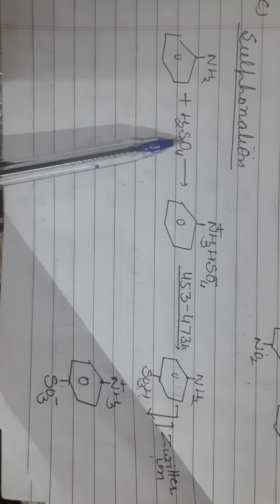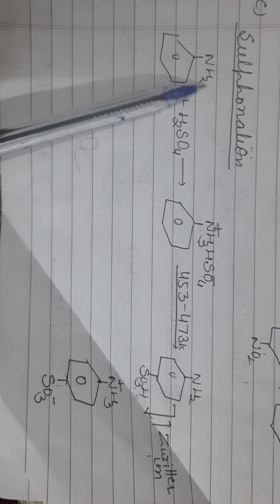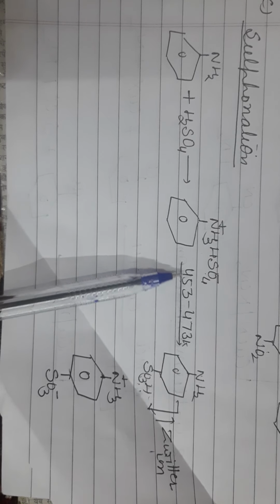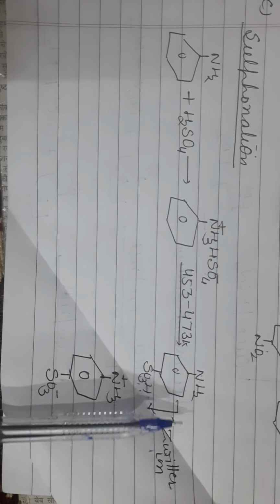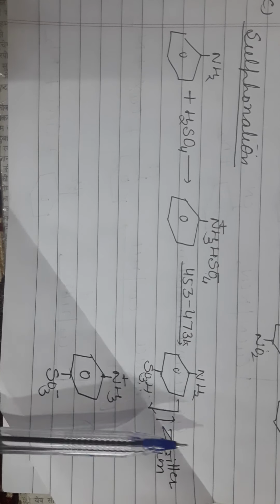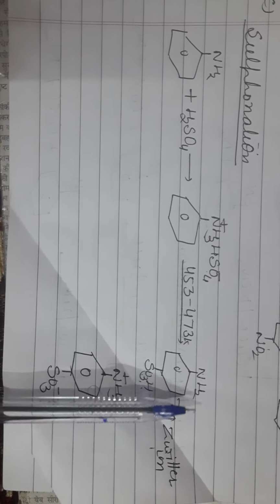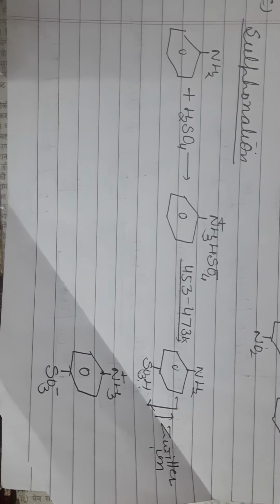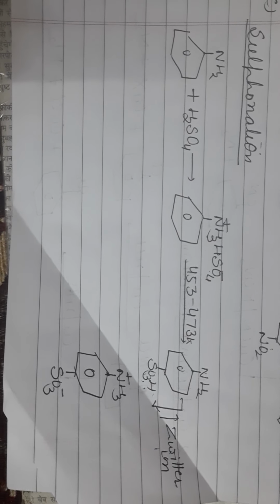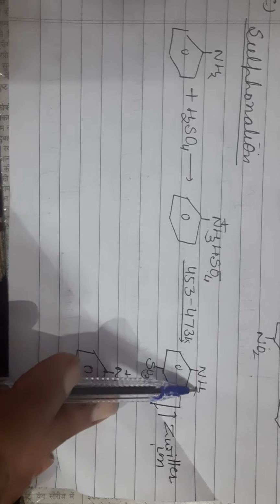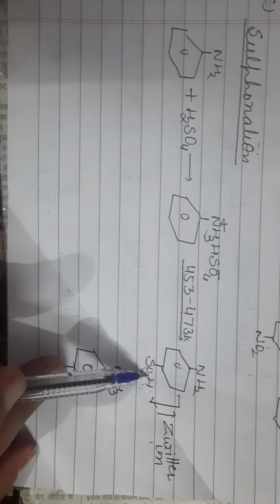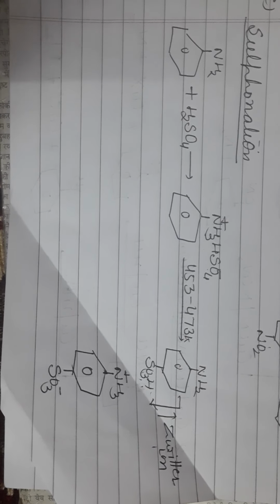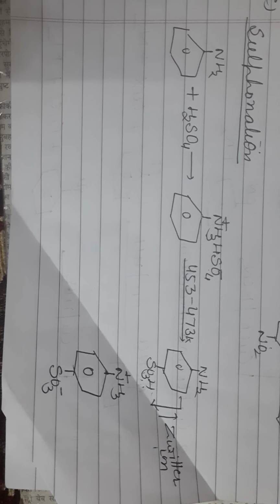First we do sulfonation of aniline. First aniline is a base, this is an acid, they form a salt, then they undergo dehydration at 453 to 473 Kelvin. They release water and we get para amino benzene sulfonic acid. Here both groups are attached to benzene, that is the NH2 basic group and the acidic group. They undergo hydrogen shift, H ion shift from here to here. Here a cation forms, here an anion forms. This is called a zwitterion. So this is all about the electrophilic substitution reactions that take place in aniline.